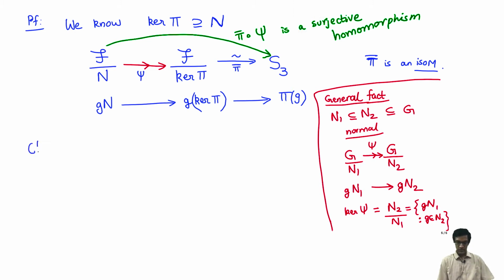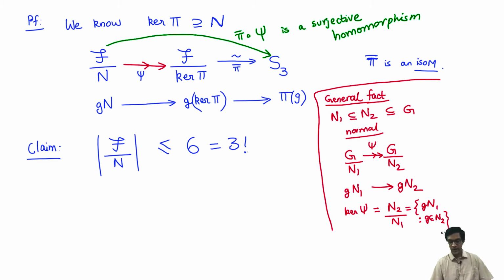So what I claim is the following. We claim that this group f by n, that we don't know much about at this point, is in fact a finite group and has at most 3 factorial elements, or at most 6 elements. So 6 is 3 factorial in this case, which is the number of elements in S3. I claim f by n has at most 6 elements. We'll prove this in just a second, but observe that if we assume that the claim is proved, then it automatically shows that n and kernel pi are equal. So for the moment, assuming the claim,